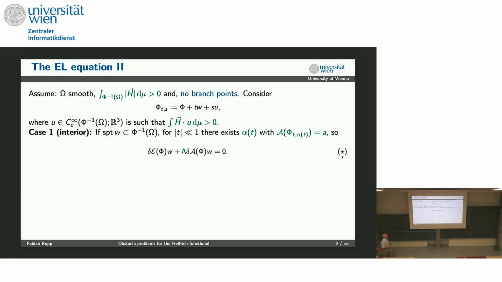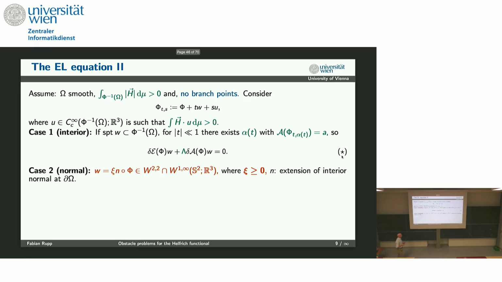The only thing I need to do is to fix the area, but this is essentially the implicit function theorem argument that I was hinting at. So this is using that the mean curvature in the interior is non-vanishing. Okay. The second thing is, if we were here at the boundary, we can look at a specific form, namely